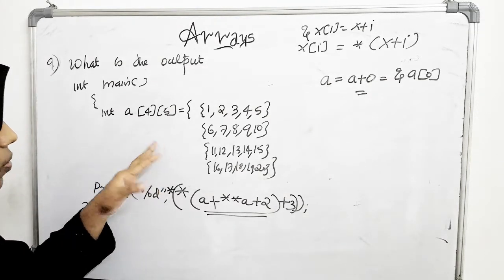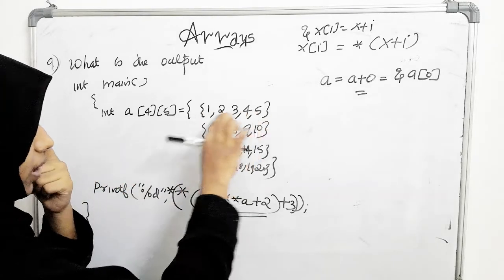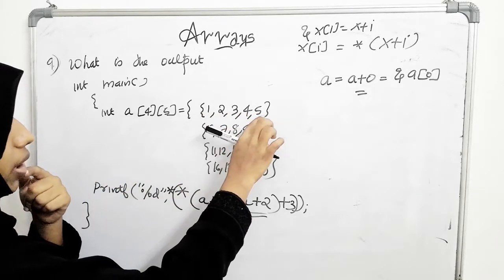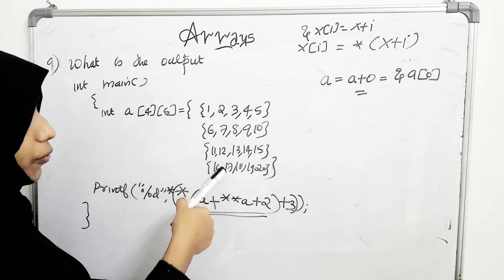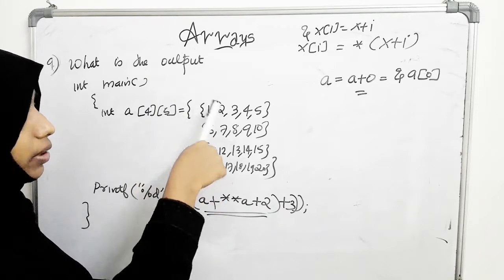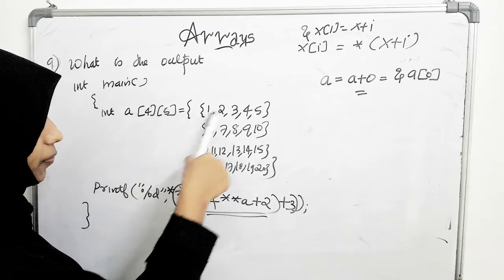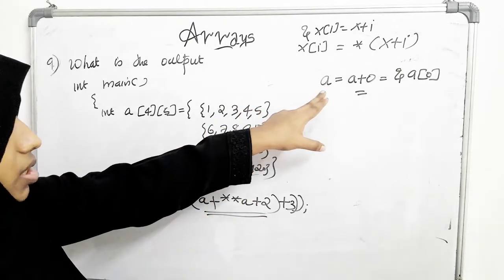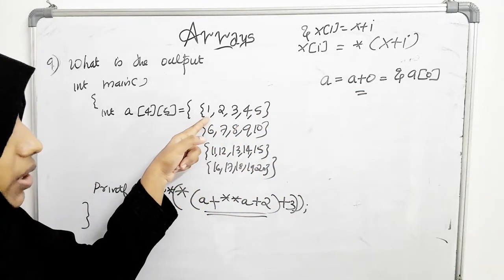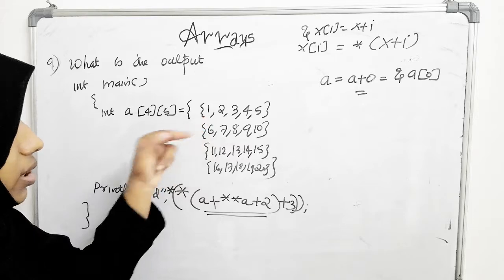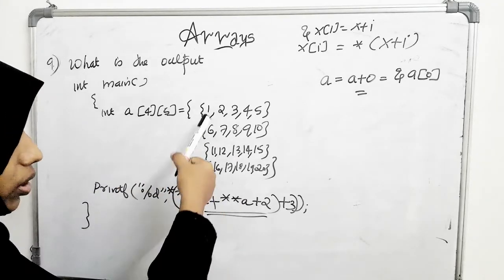So address of A of 0, this is the array, and that is the address of this one-dimensional array, the 0th index one-dimensional array. This can also be understood as 4 arrays of 5 elements each, isn't it? So if we are writing simply A, that is the address of A of 0, the 0th index 1D array.